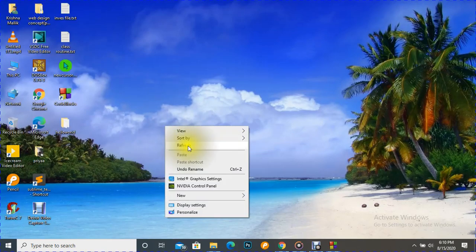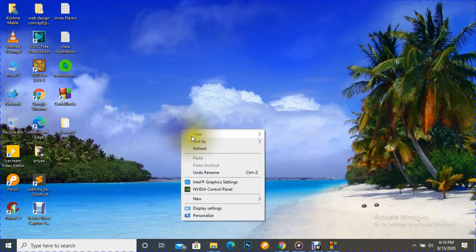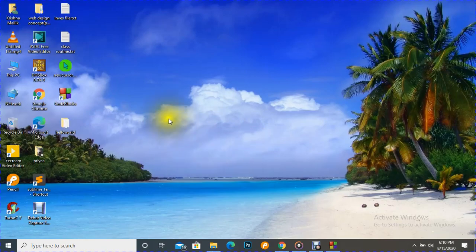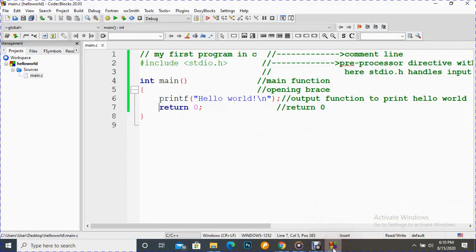Today once again I'm going to talk about the same hello world but using some different technique. So let's see how. Let's open Code::Blocks, and here we can see the same program as I showed you last time in the previous video, and the same thing I have written here, but I'm going to add one thing more here, a header file,